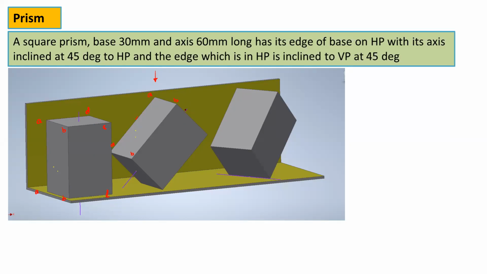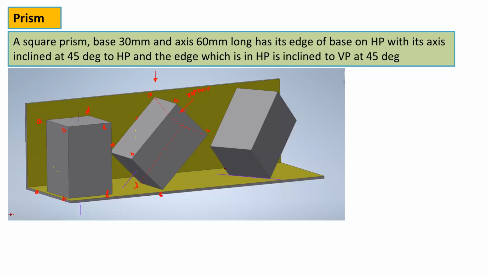This complete top base, which is A, B, C and D, so this is the top base. It will be completely visible from the top direction. So in the second stage top view, the only hidden edge will be edge CD, on which the complete prism is resting on the HP. So that is the hidden edge from the top view.